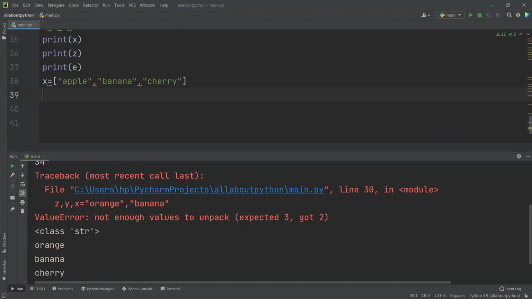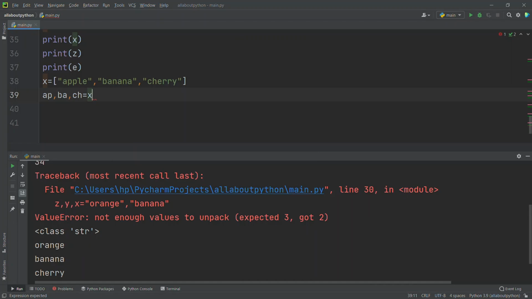Okay. See here, just as we had done earlier, I will say here AP for apple. So here I am creating a variable, comma, BA for banana and CH for cherry. So I will assign all these, apple, banana, cherry, which are inside the list in X. So I will say X here. So three data values inside X and three variables here, right? So it's going to be assigned correctly.